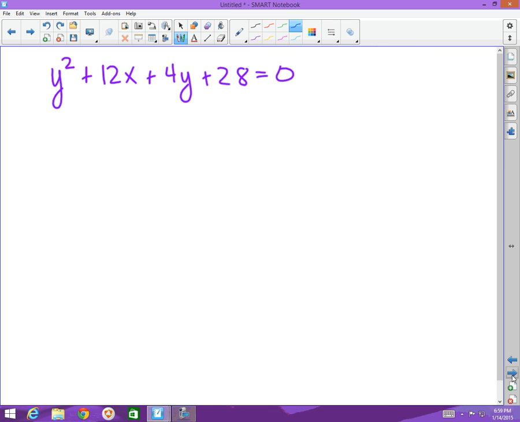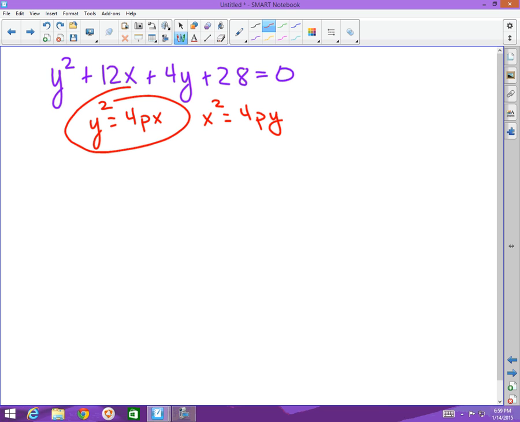Moving on to this next one. Well, here we only have one thing that's squared, so that should tell you right there it's a parabola. In a parabola, remember it's y squared equals 4px, or x squared equals 4py. Well, we have this one, so we want to isolate the y values and move the other stuff to the other side. So you have y squared plus 4y equals